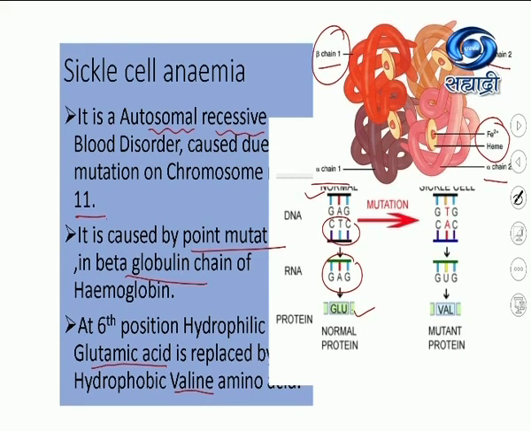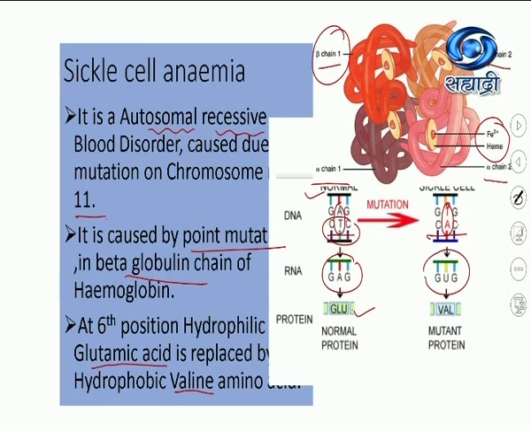But because of point mutation, what is point mutation? You can see here, instead of AT, this one nucleotide base pair is altered, it becomes TA. So the codogen instead of CTC becomes CAC. Listen carefully. What type of mutation is occurring? Point mutation. Which chromosome? Chromosome number 11. What happens? The codogen changes from CTC to CAC. And so what happens on the RNA? The codon becomes GUG instead of GAG.